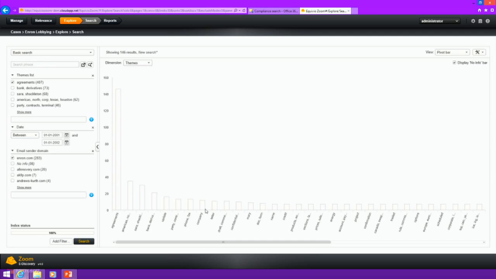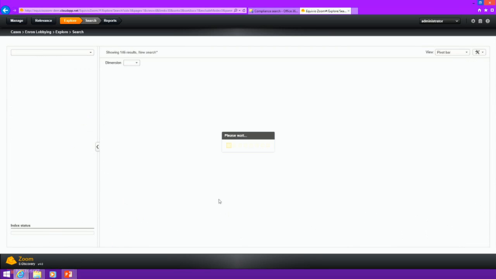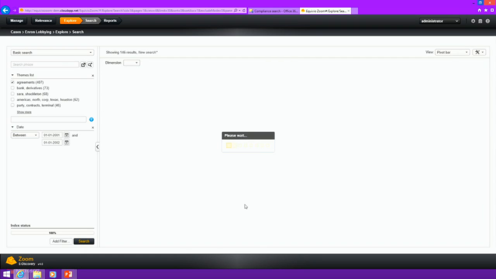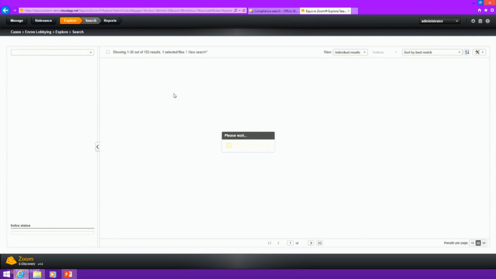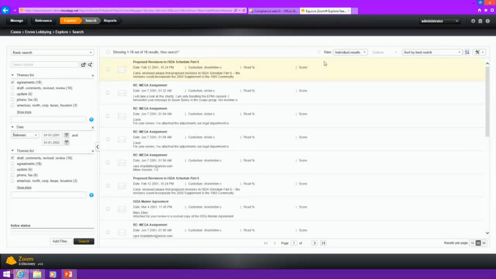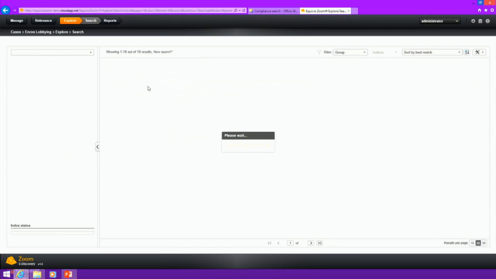And I'm able to say, you know what? I'm specifically looking for email drafts. So let me pull up the rest of the emails that have to do with drafts. Now let me go in and look at those files. And when I go in to look at those files, I can look at them by group. So instead of 18 results here,